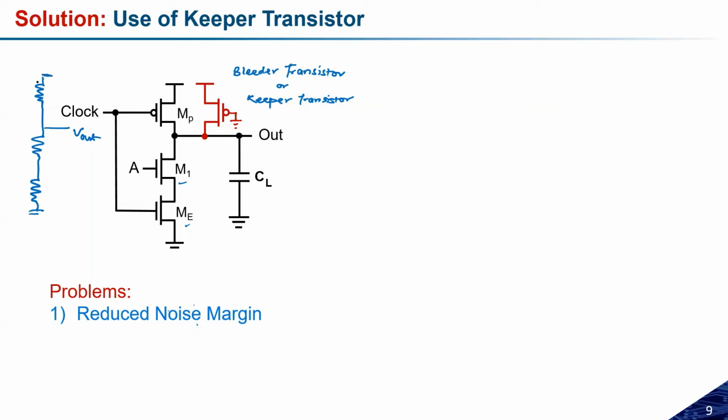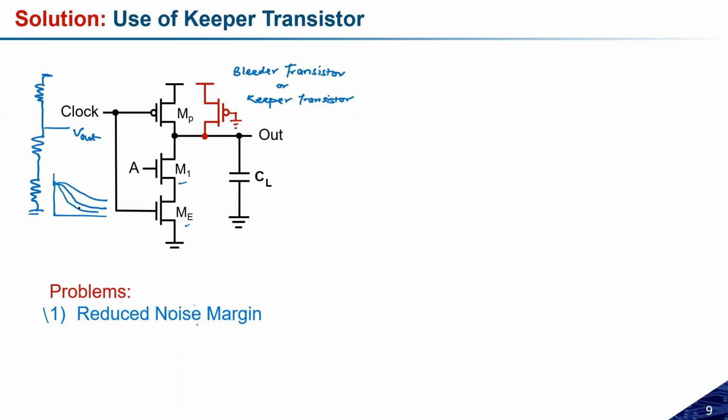And if all the transistors are in the on state, the output voltage or the noise margin will be reduced. We have already studied this. This looks like a pseudo NMOS structure, and in the pseudo NMOS structure, the noise margin is reduced. We cannot get the exact logic low. There will always be some drop, and that depends on the sizing. So we have already studied this kind of configuration.